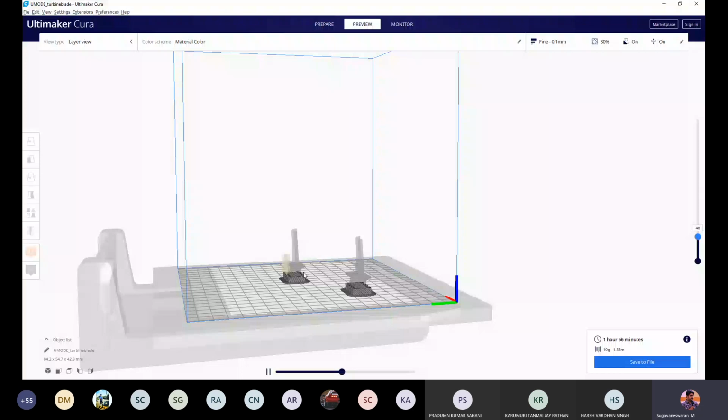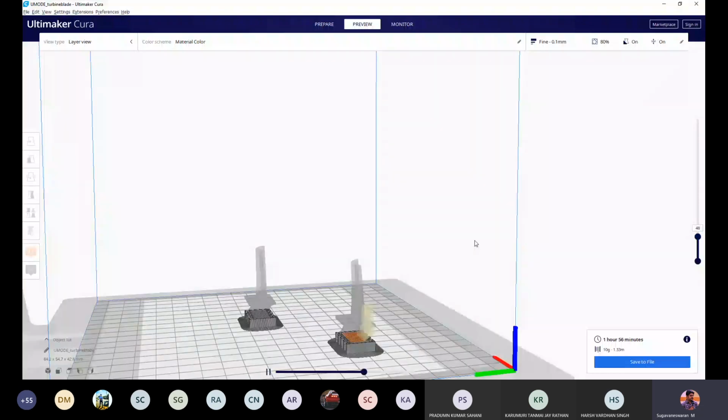Why this pattern, and how to select the best pattern, we will discuss in slicing and tool path generation. This is what I mentioned in FDM as the raster angle. You can see the raster pattern, right?